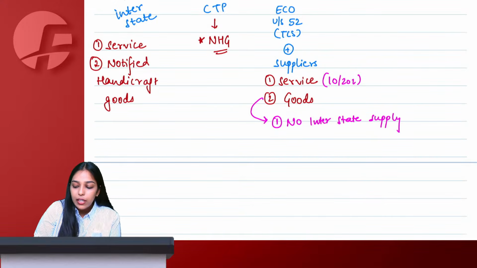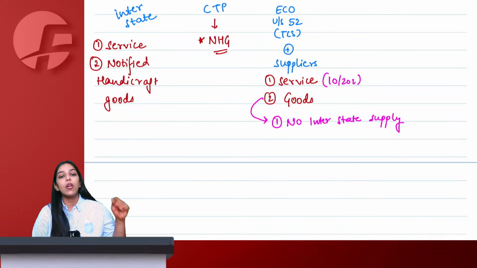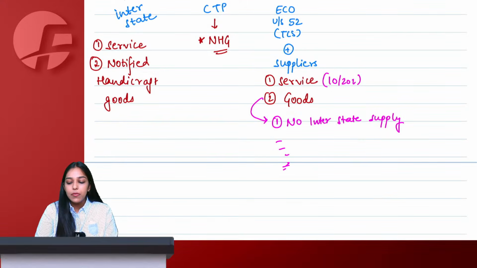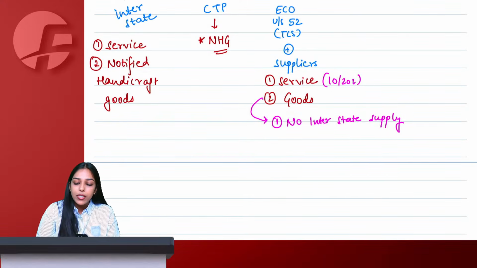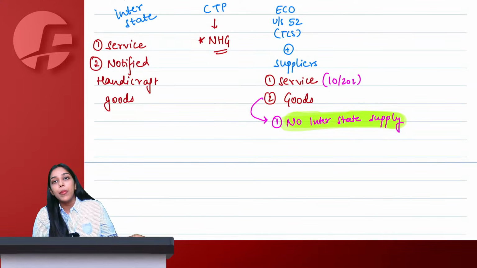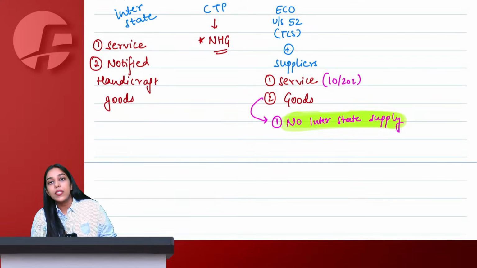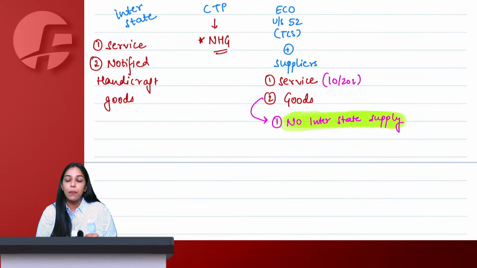Okay, ma'am. So if I am an unregistered person and I want to supply through an e-commerce operator, I cannot make interstate supply. I will only be allowed to make intrastate supplies. There are a total of 8 conditions which we will study in section 23. But the most important condition here is you cannot make interstate supply. Other conditions are you cannot make supply in more than one state. You have to have your PAN number. You will declare this PAN number on the common portal. Then you will get an enrollment number. Only after getting the enrollment number, you can do such supply. So there are a lot of conditions which we will see from the book.